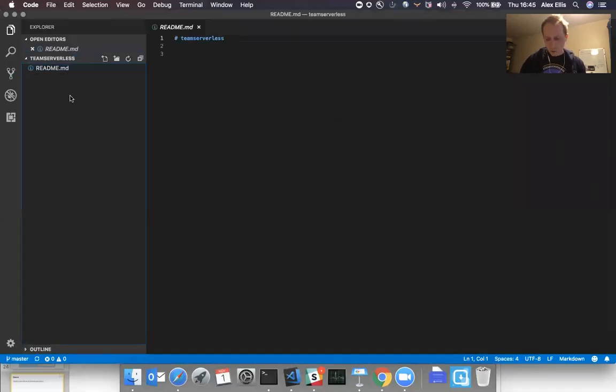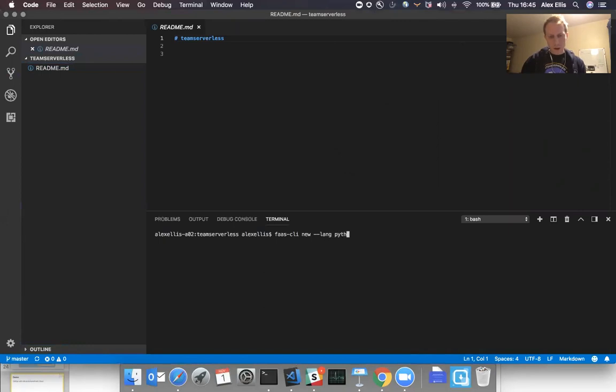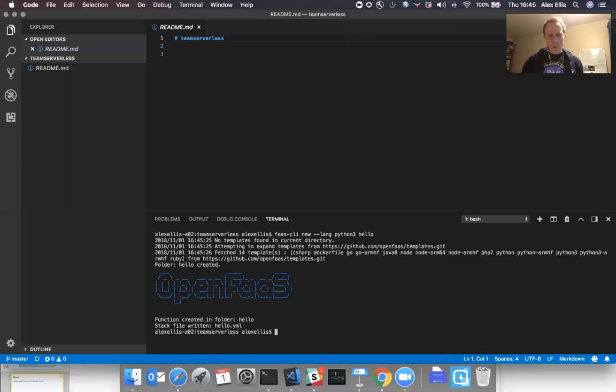And then we can use the OpenFaaS CLI to create the first functions. This is exactly what we saw on that diagram earlier. So call it hello. This pulls down the templates from Git and then structures the text for us.